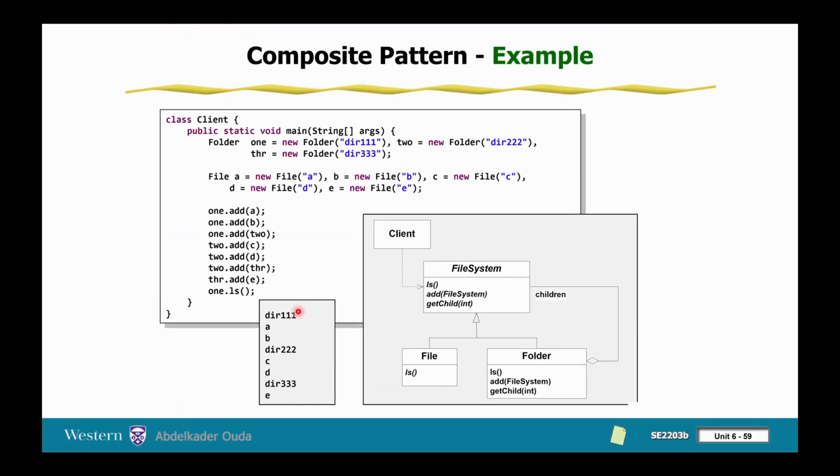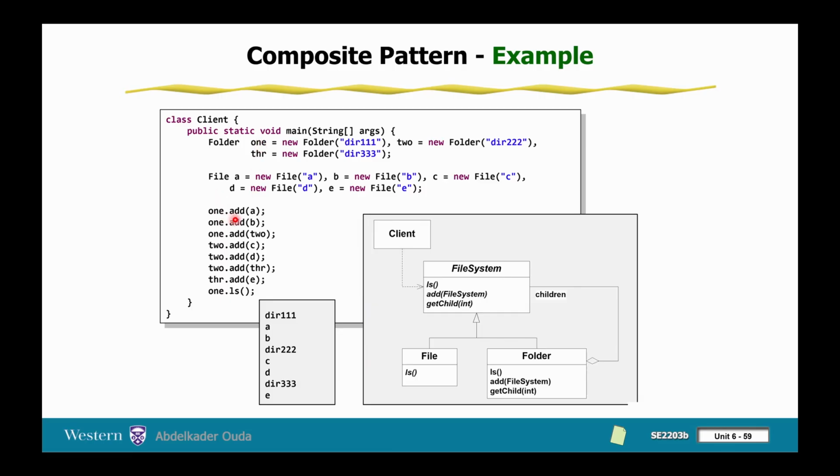Perfect. So let us move on and look at this implementation. We have the main program. We define 3 folders. The first one is called 1, and I give it the name dir111. Second folder, dir222. Third folder, dir333. And then I created files A, B, C, D, E, different files, and all of them I gave their name. And now I'm going to add the file A inside the folder 1